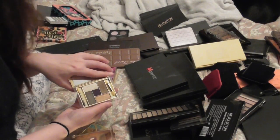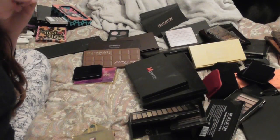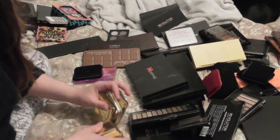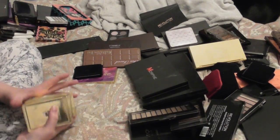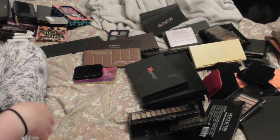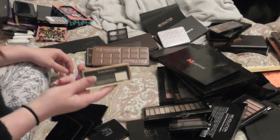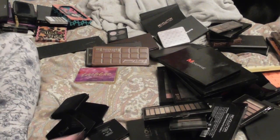Violet. So beautiful. About 3 of these were limited edition, and the other 3 were part of the permanent line, but they no longer make them anymore. So I'm going to be working on using these up next year, or using as much as I can of them next year. Oh, I found another Max Factor one. I knew I was missing one, so it can go to...